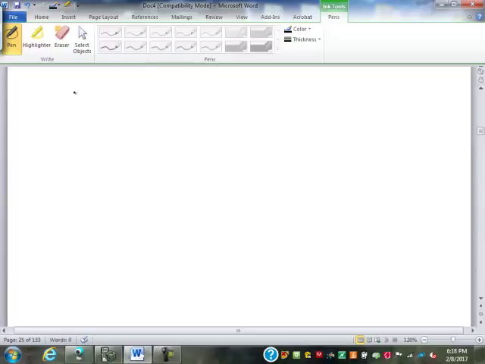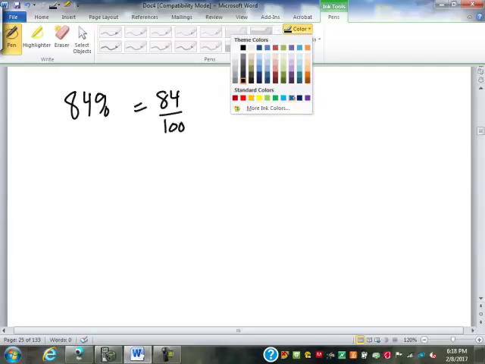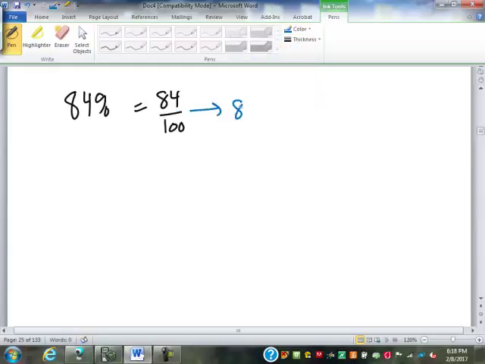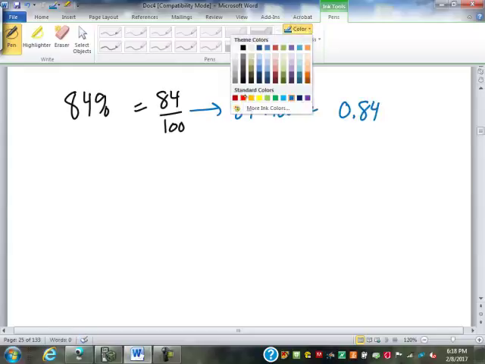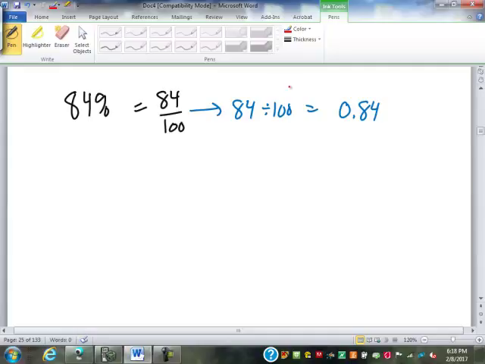So what if I want to turn my 84% into a decimal instead of a fraction? Well, we said 84% means 84 out of 100. To turn that into a decimal, I just divide. 84 divided by 100 is 0.84. In fact, all of these percents are out of 100. That's what percent means. So to turn it into a decimal, I'm always going to divide by 100. When I divide by 100, all it does to a number is take the decimal point and move it 2